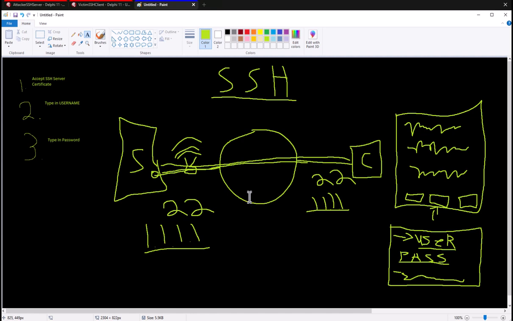Now, this is the traditional way of it. Okay, this is how SSH works. You have to have an SSH certificate. You have to have the username and password if you have that enabled. If not, there are other authentication methods. We're not going to cover them because we're going to keep it super simple, because the gentleman who asked me to make this really would prefer to keep